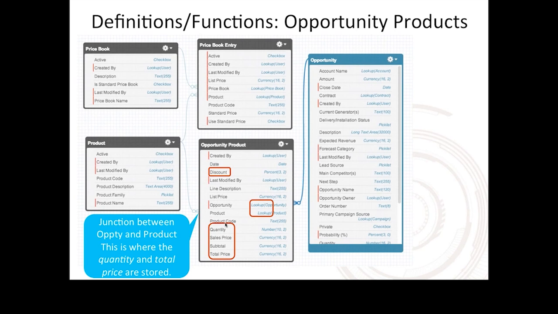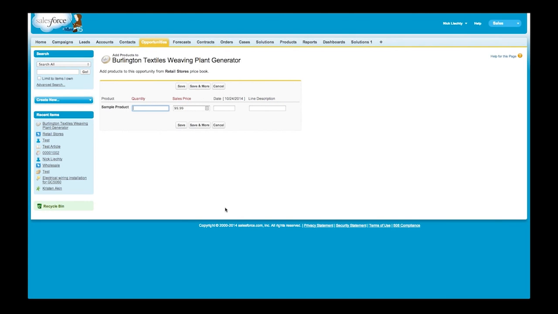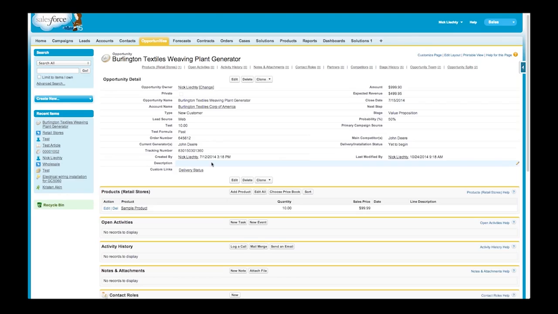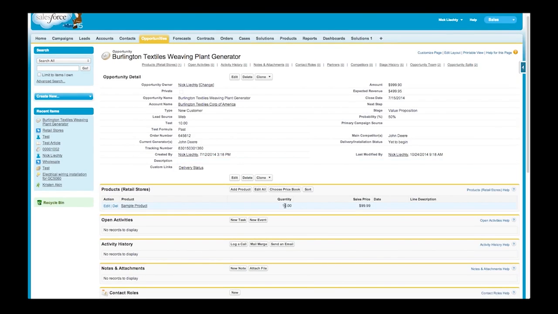these details here. So going back to the user interface, we are going to do a quantity of 5. Let's do 10 of those. We'll click Save, and now here on the opportunity, we've got a quantity of 10, a sales price of $99.99, and our amount is just the quantity times the sales price, so $99.99